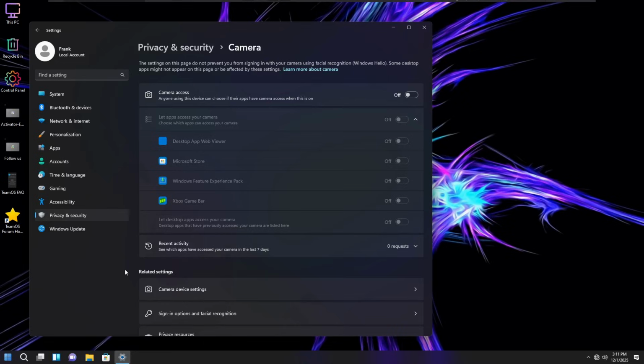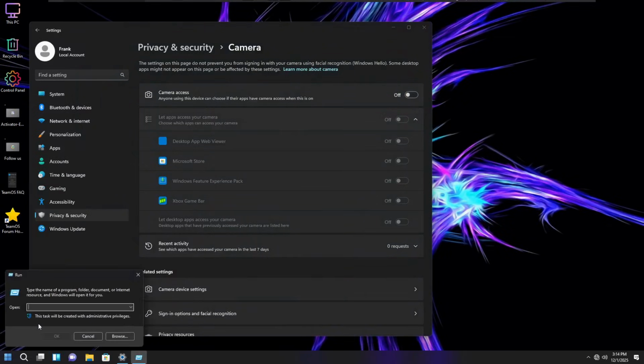Let's take a look at the registry and see if this mimics the configuration or if they didn't know. Me personally, I have a feeling they had no idea, but I could be wrong. I hope I'm wrong. So what we're going to do is right-click, choose Run. We're going to do regedit,